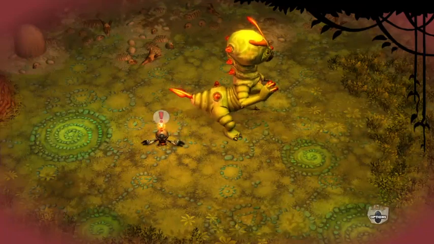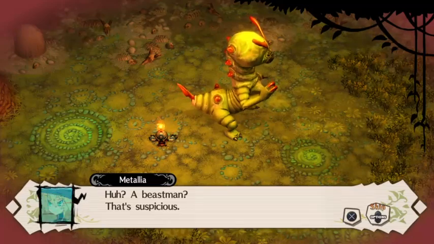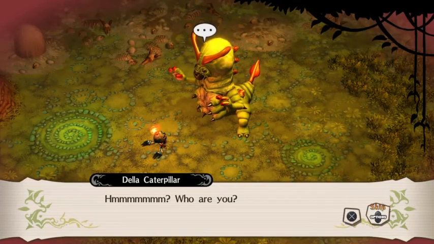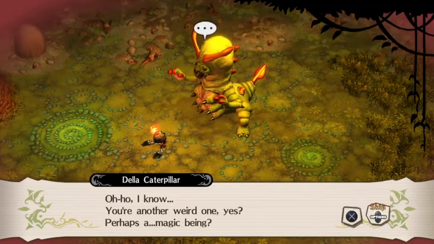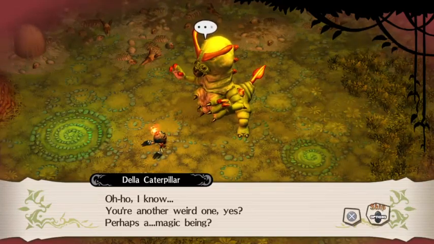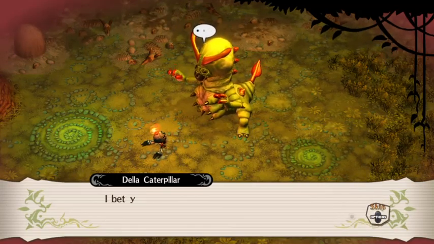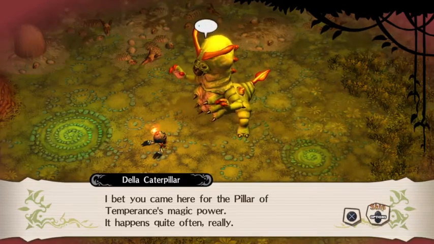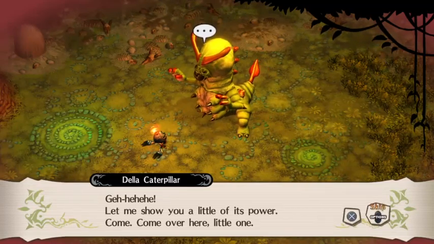Huh? Beast Man? That's suspicious. Who are you? I know. You're another weird one, yes? Perhaps a magic being? Magic being, huh? What are you doing here? I bet you came here for the Pillar of Temperance's magic power. It happens quite often. Let me